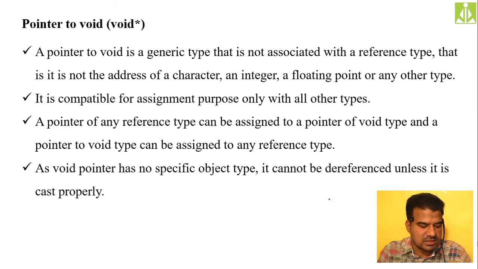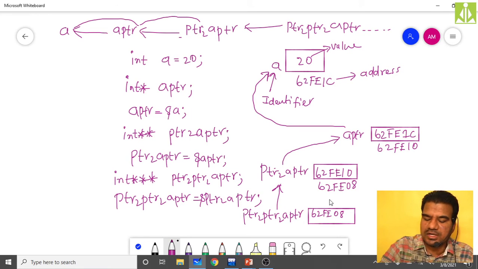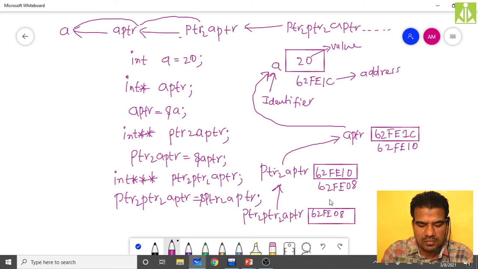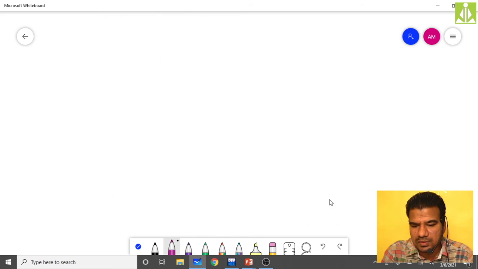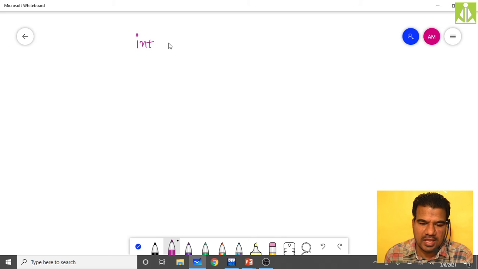Before that we need to discuss one more thing. Let us say you have a variable int a, and I'm not initializing any value to it.